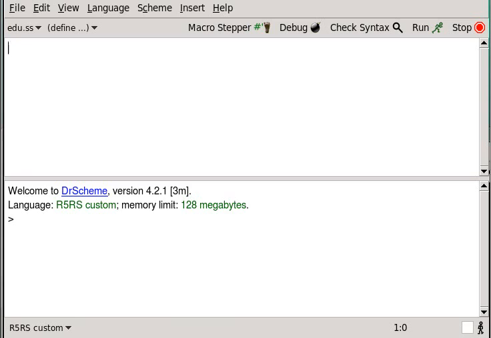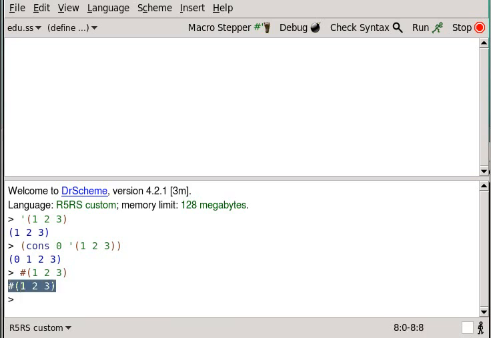Well, lists are like this, 1, 2, 3. And we can add things to them, like cons 0 onto the list of 1, 2, 3. But a vector is actually not extensible like this, it's fixed in size. And I think this is how you do a vector in Dr. Scheme. Right. Alright, but if you can't add anything to that, it's a fixed size, but you can change